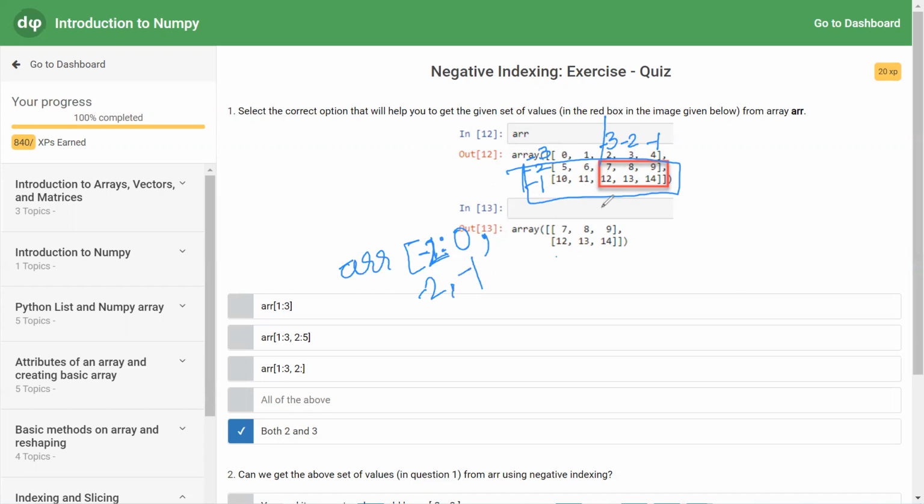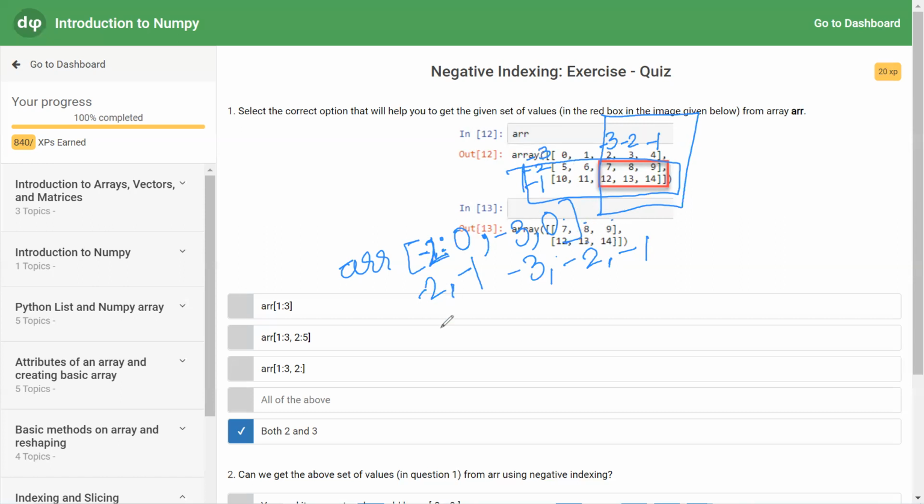Now we want this part. So we can give -3 colon the last index -1. So run it till 0. So it will run till -3, -2, -1, which will result in this 7, 8, 9, 12, 13, 14.